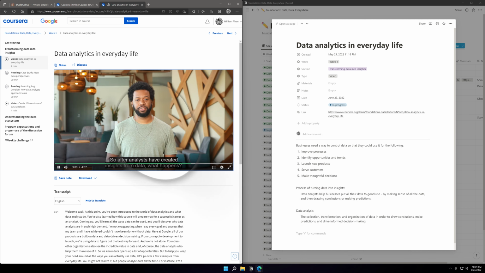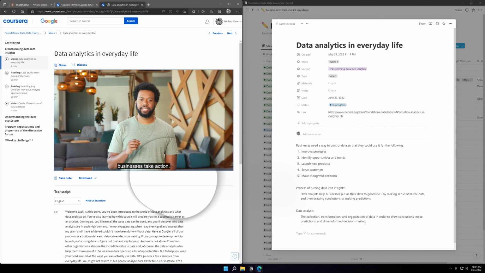So after analysts have created insights from data, what happens? Well, a lot. Those insights are shared with others, decisions are made, and businesses take